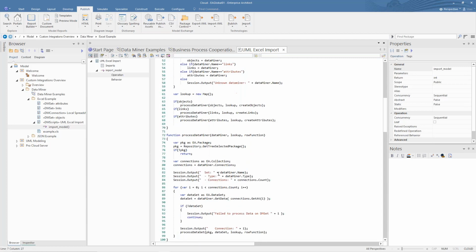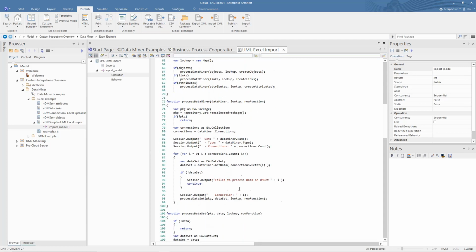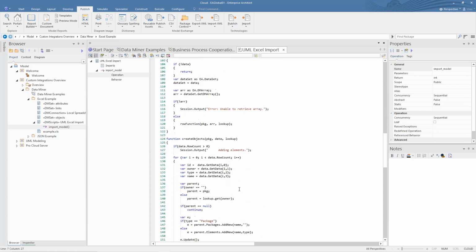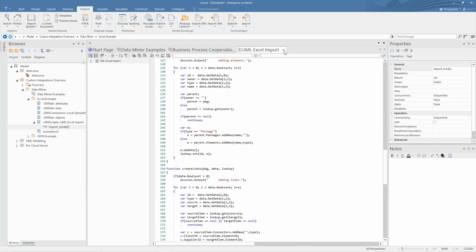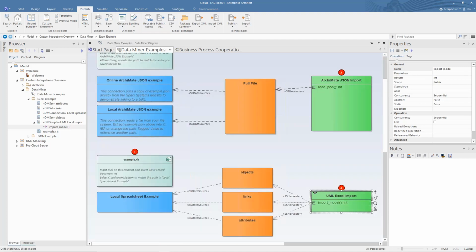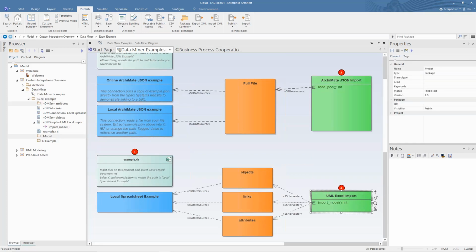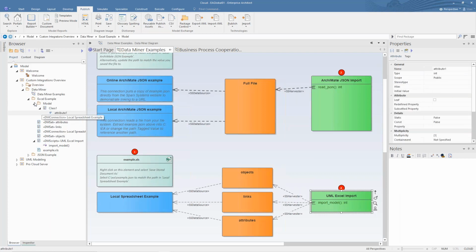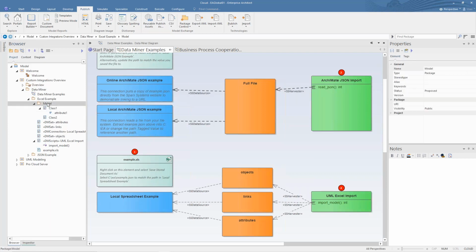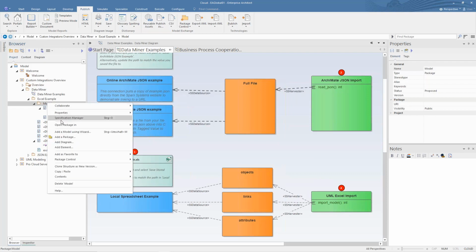And at the end, there is a mapping to the type and the connections, and you can create and retrieve the data that is in this Excel in a very generic way. And what has to be done here, it also has to run the data miner processor, and it creates the model. And the model is in this sample, there is no diagram,